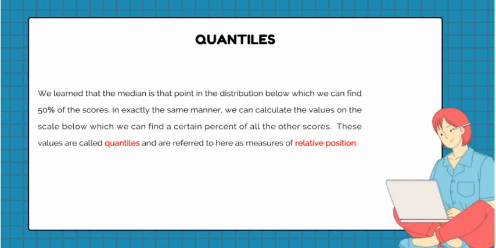So basically, if I'm going to do a recap for this topic on quantiles, I like to make use of the concept of median. And then, of course, in our previous discussion on measures of central tendency, we know that the median is actually the center of your data set. So let's say this is our data set, our number line. And then, of course, the center of our number line is going to be probably right here. So if this is the center of our data set, meaning this is our